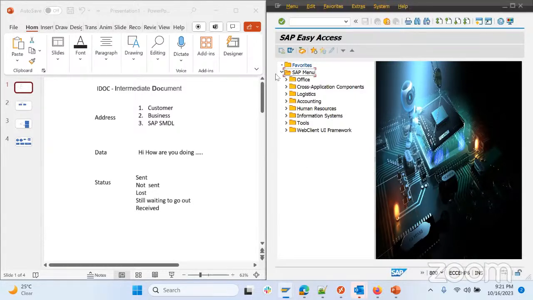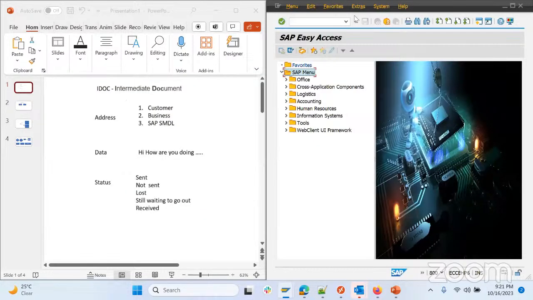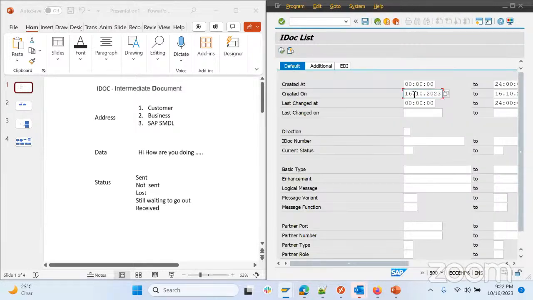Okay, so we'll go with the IDOC first. To go to the IDOC, I'll just use WE02 for now. Let's see if any IDOC is available or not. Then I'll show you the address, data and status parts. Then the basic type can be, you can use the